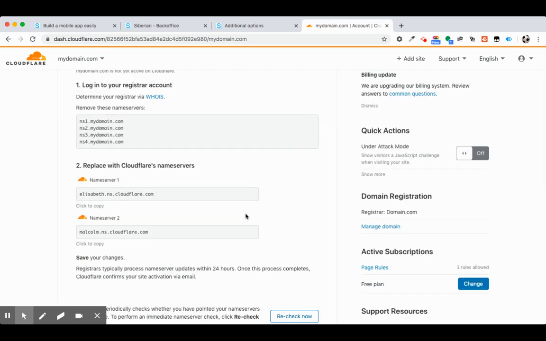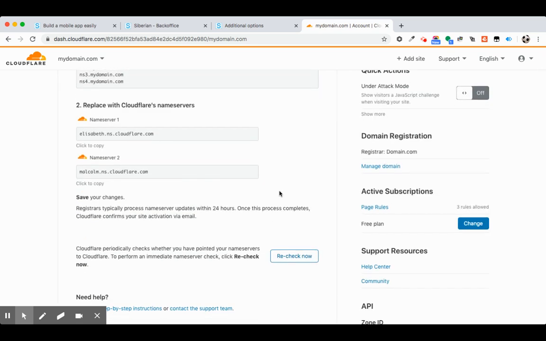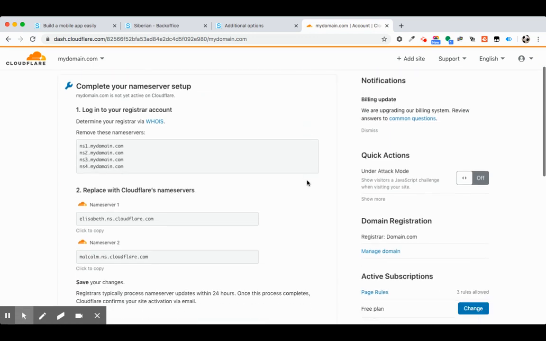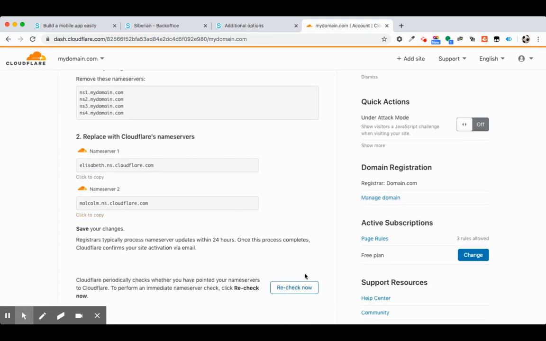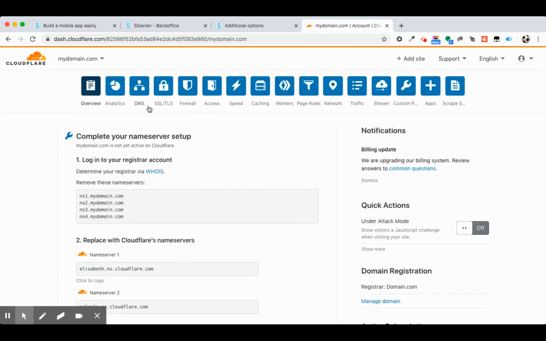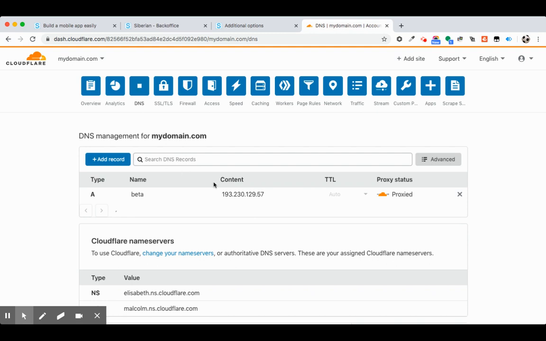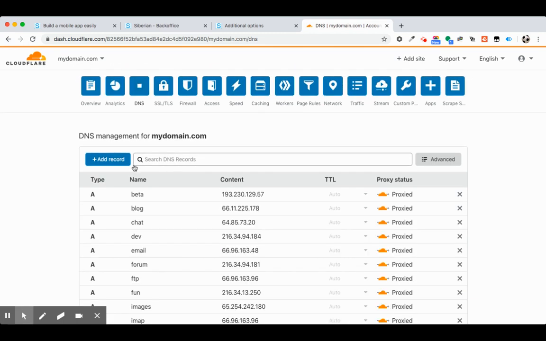So this will check your DNS server settings if you have done, and if you have not done it, just do it and then click recheck now. And for now I don't own this domain, so I have not done it, so it's asking me to do the setting and recheck now. And once it is done, you'll get a mail from Cloudflare that its setting is done. And from DNS, you'll be able to manage your own DNS the same way, the way you are currently doing. And here you'll be able to get the advantage of free SSL.